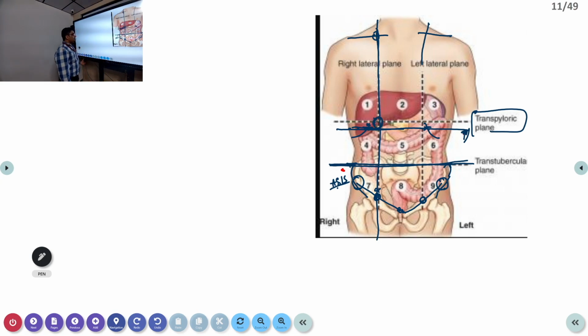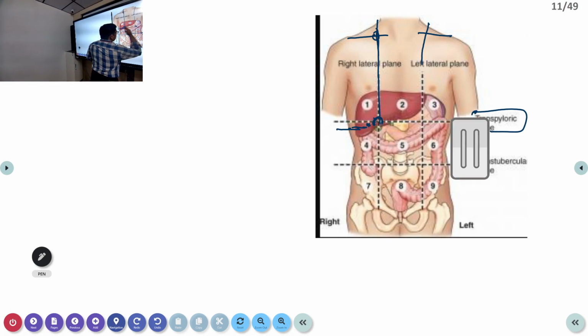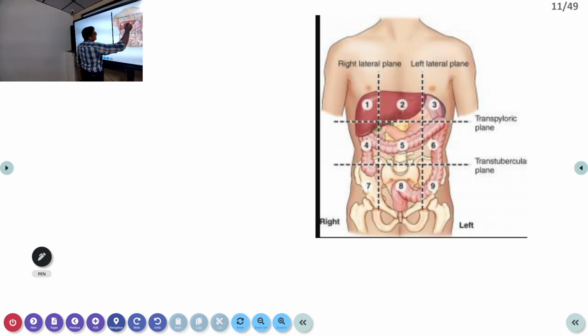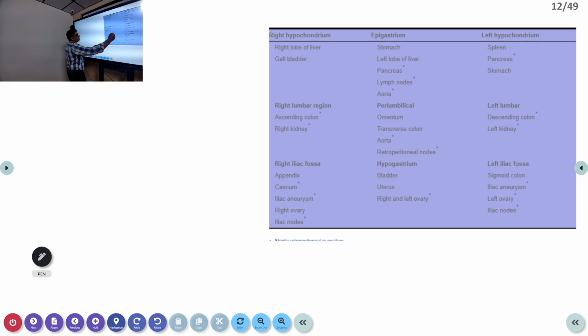So, in the right hypochondrium, you can see the liver as well as the gallbladder. This is the gallbladder here. So you may find it somewhere. It may be in the right hypochondrium, as well as somewhat maybe in the right lumbar also. The next thing which you can see in the epigastrium: stomach, left lobe of liver, pancreas, lymph nodes,